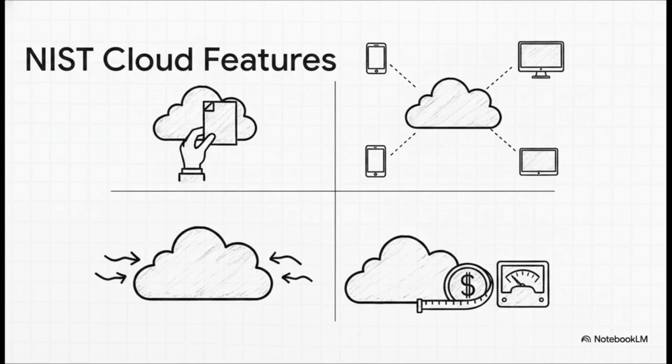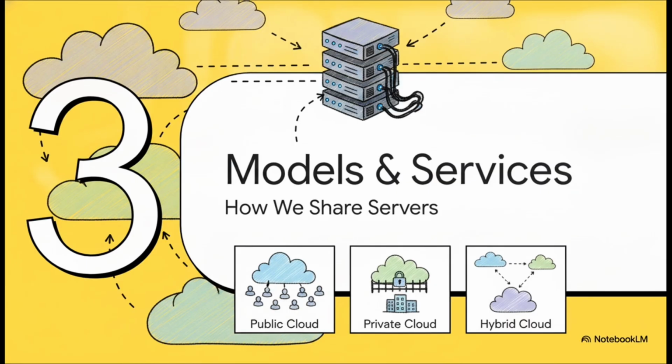Now, because the cloud can be a bit nebulous to pin down, the National Institute of Standards and Technology, or NIST, defines it using these specific features. On-demand self-service means no human interaction is needed to grab your data. Broad network access means you can get to it from your phone, tablet, or desktop. But as an archive, you're really going to love rapid elasticity and measured service. Look, if you buy a 1 terabyte hard drive but only use 500 gigs, you've wasted money, right? In the cloud, you pay for exactly what you use. The service effortlessly scales up processing power in the morning when you're running heavy photo editing software and scales it right back down in the afternoon.